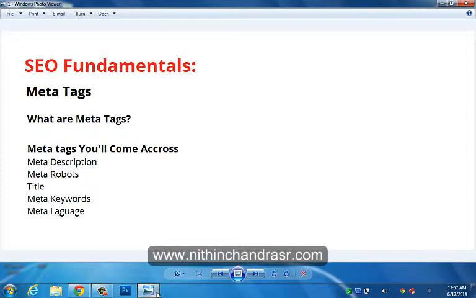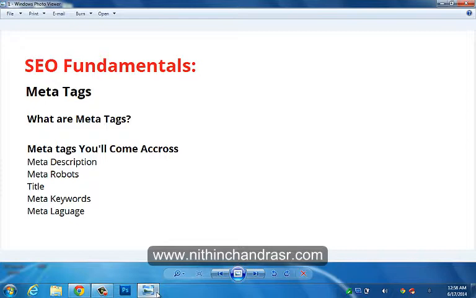So let's get started. First and foremost thing is what is meta tags. Meta tags give search engines more information about the web page. This is implicit information, meaning that it's not visible to visitors of the web page itself. Meta tags can be found in the head element of web page. I've been asked in the past if meta tags can be placed within the body of the page, but it's best not to do this. By putting meta tags in body, some browsers may not recognize them, and you are essentially creating an invalid markup.